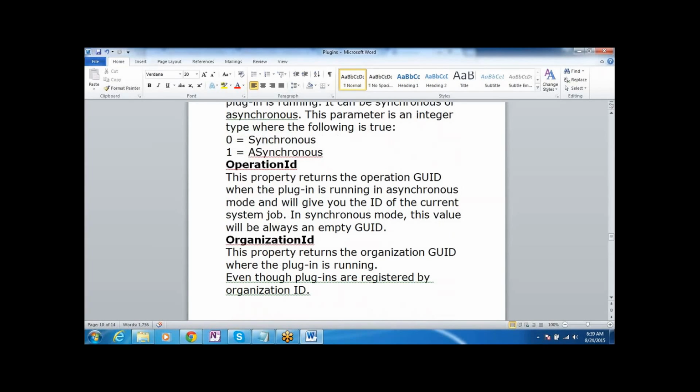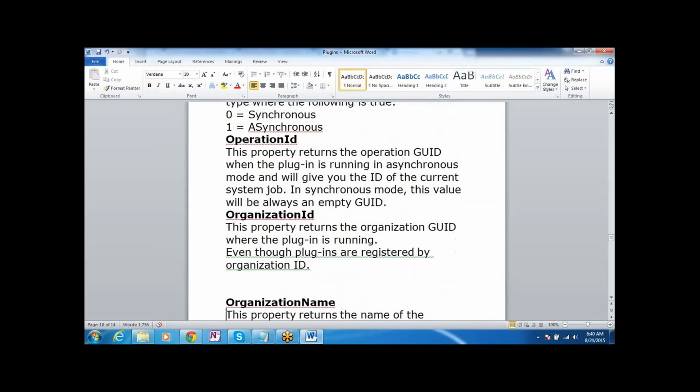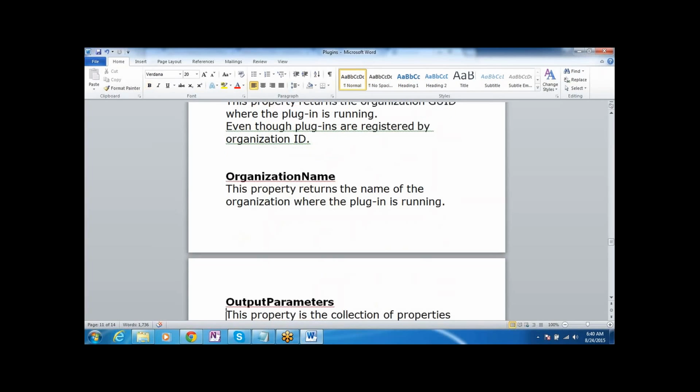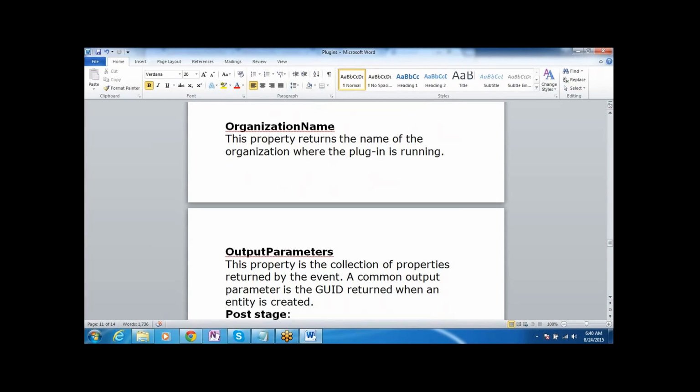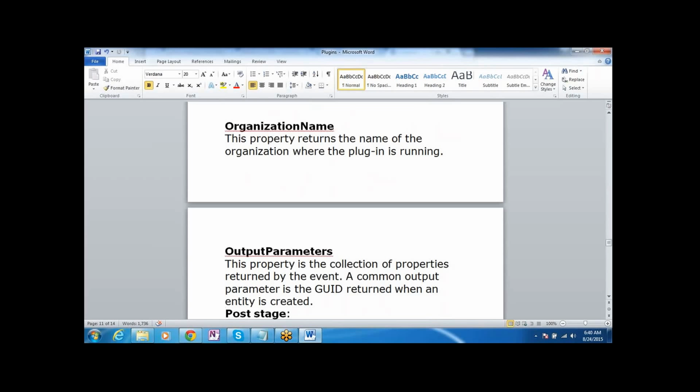Next, organization ID. It gives the GUID of the CRM organization. Next, organization name. And output parameters. This property is a collection of the properties returned by the event. A common output parameter is the GUID that is returned. So output parameters will have some properties, and it will give the final GUID.